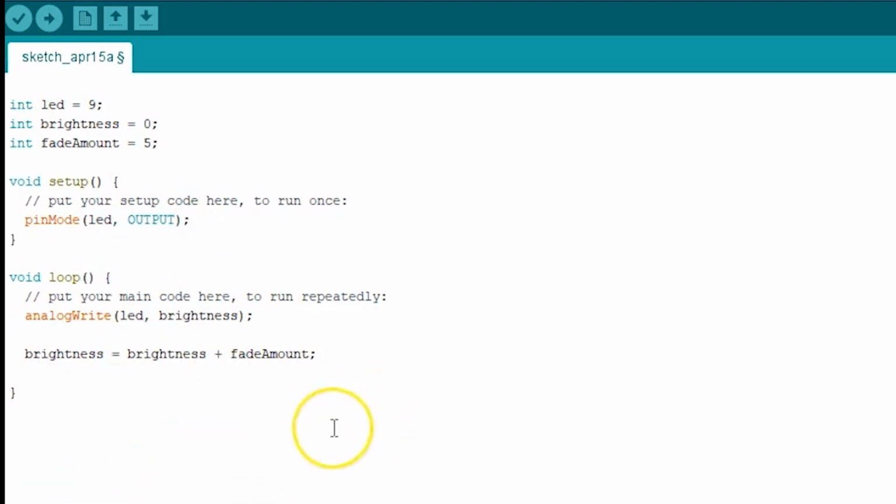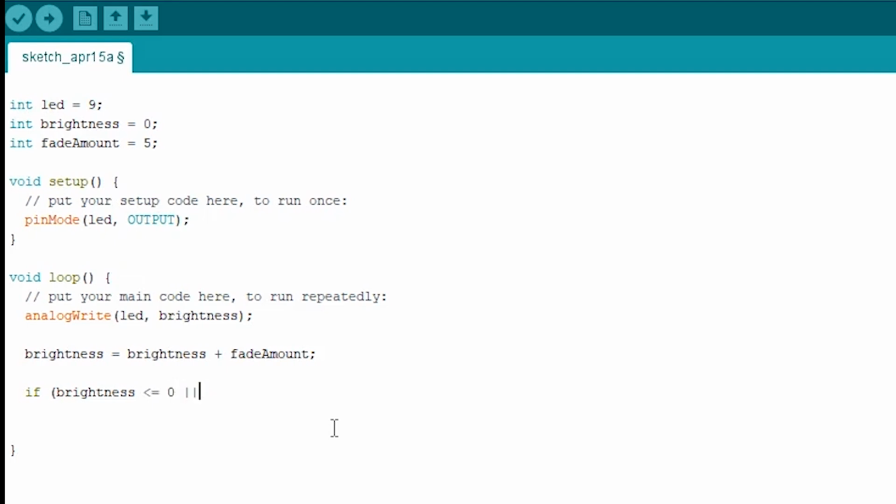And now that's a little problematic because we don't want to go to like 1,000,000. That would be unfortunate. So what we need to do is an if statement, because we need to ask a question here. We need to say if the brightness is too bright, we need to start going in reverse, right? So if brightness is less than or equal to 0,